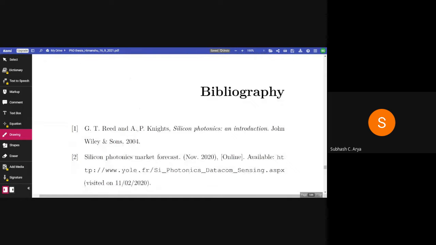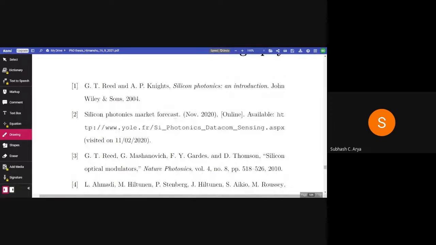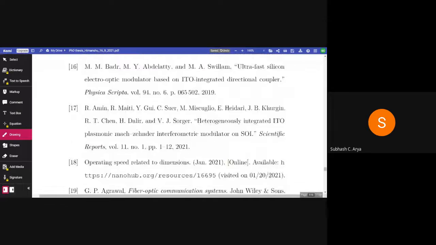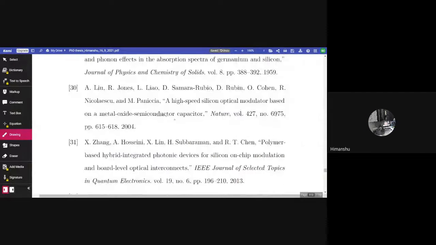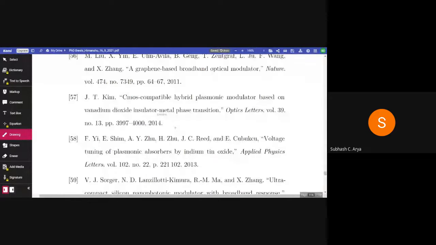Wow, great. This is the bibliography. You just have a look. GT read. This is the book, some of the websites. And how many are there total? Yeah, rounds are 80. 80 references. Okay,